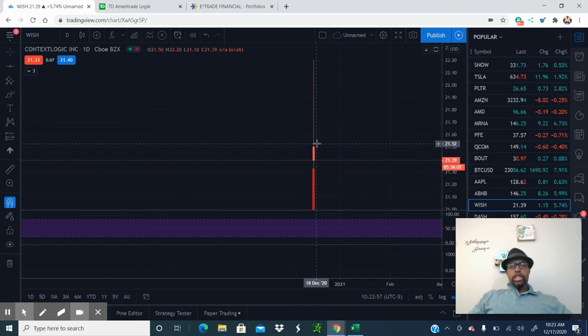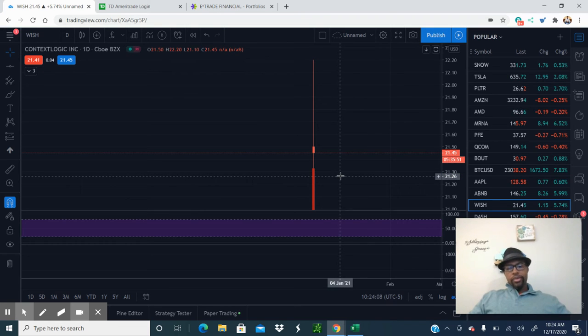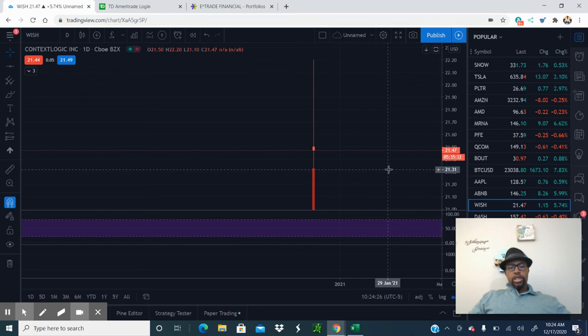Next one is Wish. Wish just dropped yesterday. I got in on IPO, so right now I am negative. I think I got in at $23. I'm going long on it. I'm kind of just buying it and forgetting it. Right now it's indecisive. It jumped up to $22, jumped back down to 21. Actually, I think I got filled at 22. So it's been jumping down, and I'd take a wait and see approach on Wish, because actually we're going to